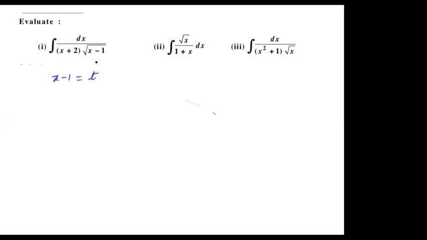So you can take t square because you will get this out of the root, right? Because we have to make adjustment with the x plus 2 as well. So right, we'll substitute x minus 1 as t square only. Okay, now Arun, you tell me about the second one also.